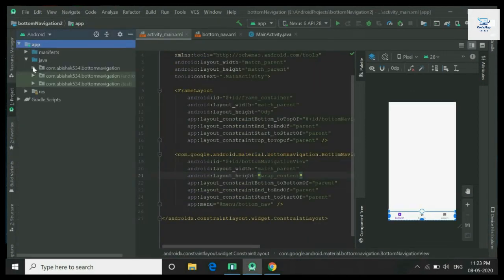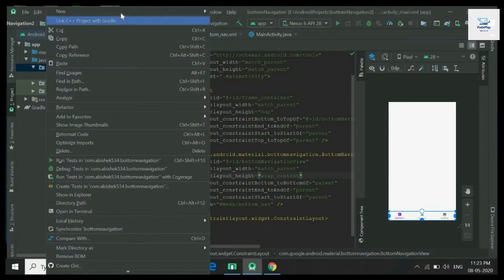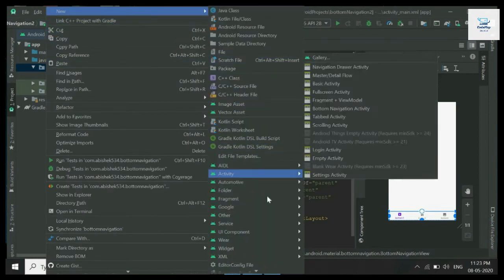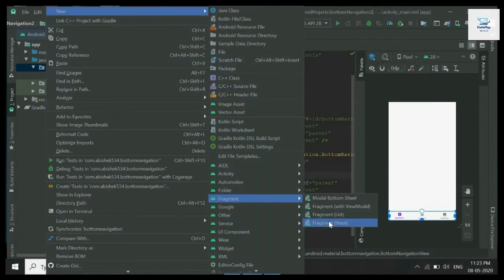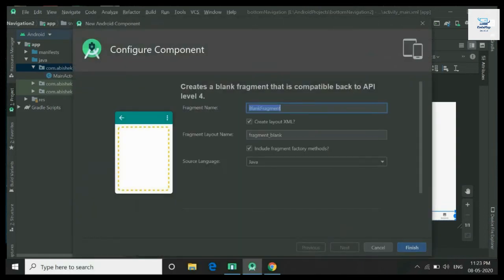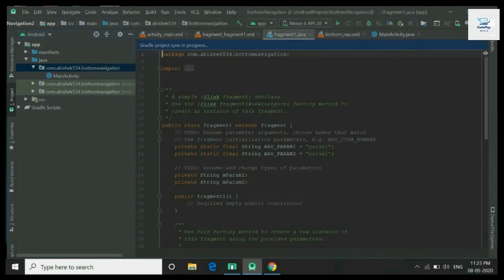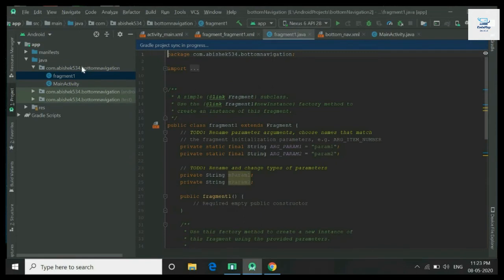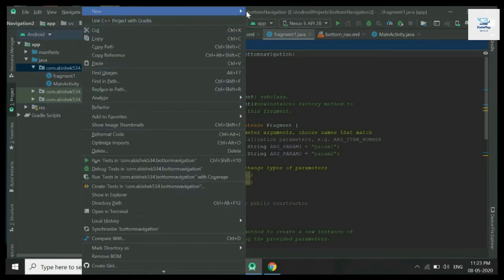Move towards Java and right click on this and click on New Fragment, Blank Fragment, and I will give this the name fragment1, and click on Finish. In this way I will create 2 more fragments.